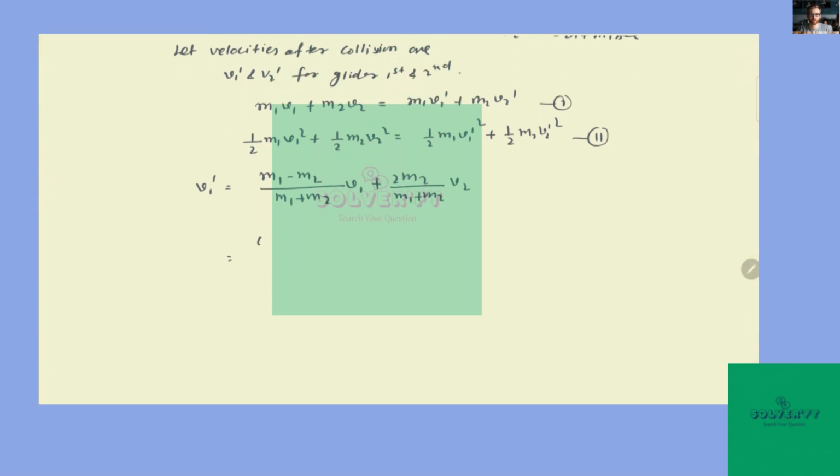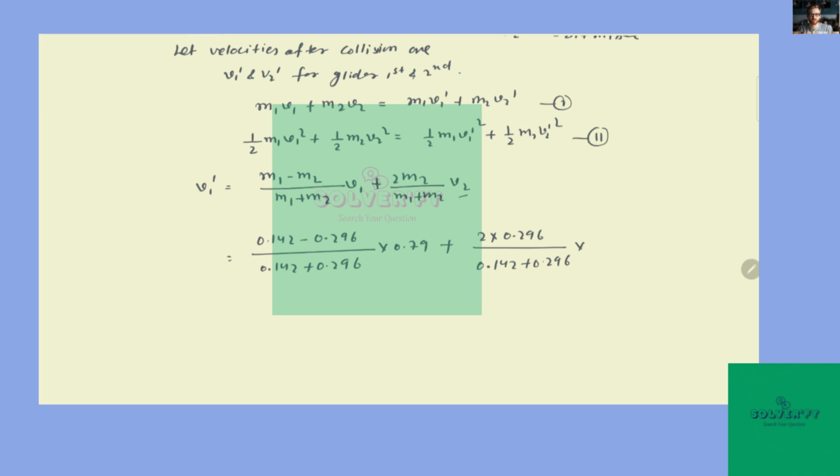The value of m1 is 0.142 minus 0.296, divided by 0.142 plus 0.296, multiplied by v1 which is 0.79 meter per second, plus 2 multiplied by m2 which is 0.296, divided by m1 plus m2, 0.142 plus 0.296, multiplied by